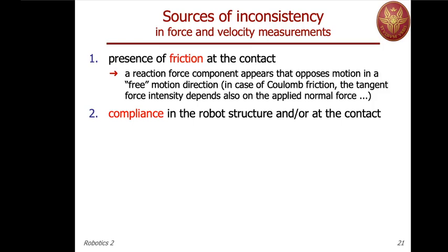However, the compliance may be at the contact, as we see, for instance, in the sensor, or in the nose. Let me call this rubber object the nose of the robot, which is indeed compliant, so